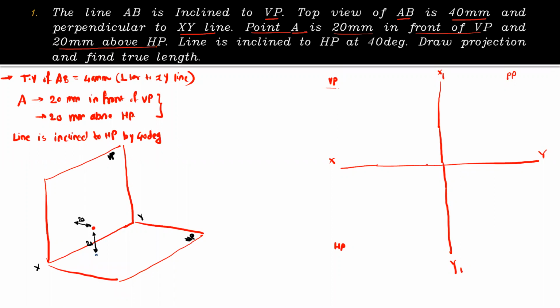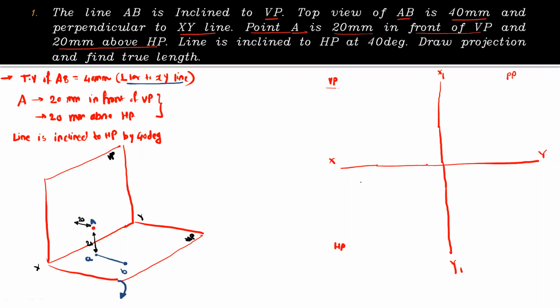then you will get the top view like this. So this is the top view of the line. So if this is a point A, then this will be the point B, because this top view is perpendicular to XY line. So this is how you can get the top view in the first quadrant, that is on the horizontal plane. After rotation, as this is the first quadrant, HP will be below the XY line. So we have to draw the top view, which is perpendicular to XY line.